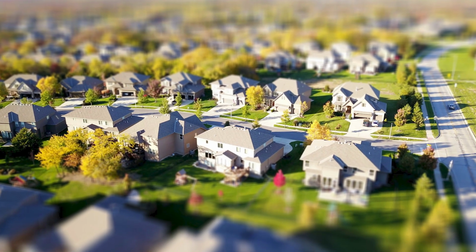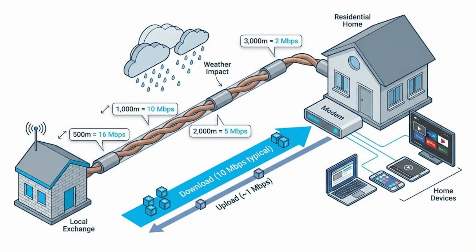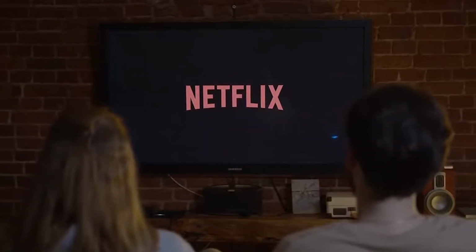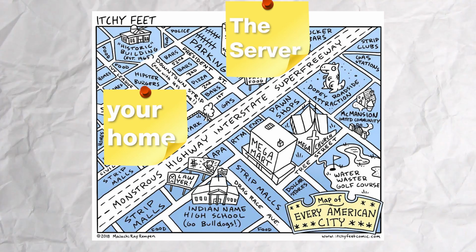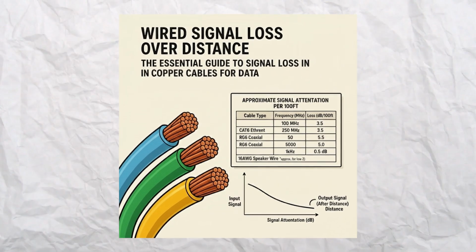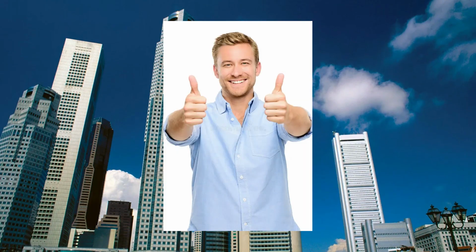Most residential DSL connections use asymmetric digital subscriber line, or ADSL, where download speeds are significantly faster than upload speeds. This asymmetric design makes sense for typical home internet use, where people download much more data than they upload. DSL speeds vary dramatically depending on how far your home sits from the telephone company's central office. The copper wire signal degrades over distance, so homes closer to the central office enjoy faster speeds, while those farther